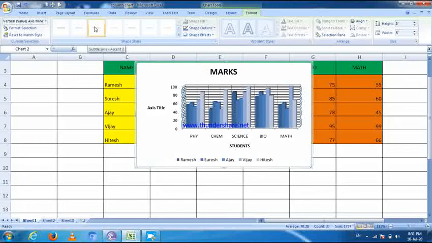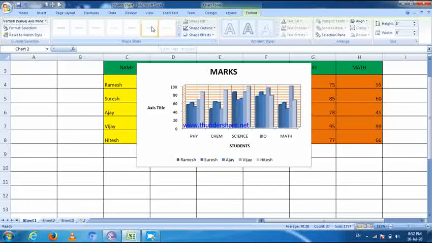Then you can see the changes in the charts. Then I apply subtle line accent 3. Then you can see the changes in the charts. Then you can apply any formats and see what effects and changes are made to your charts.